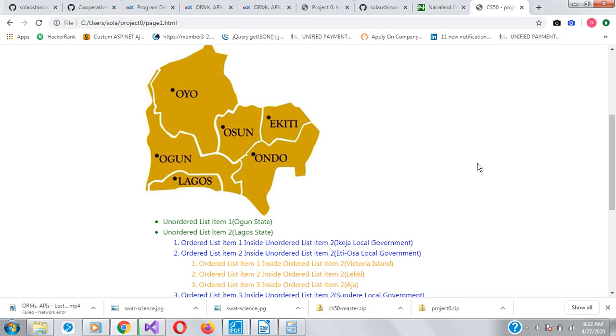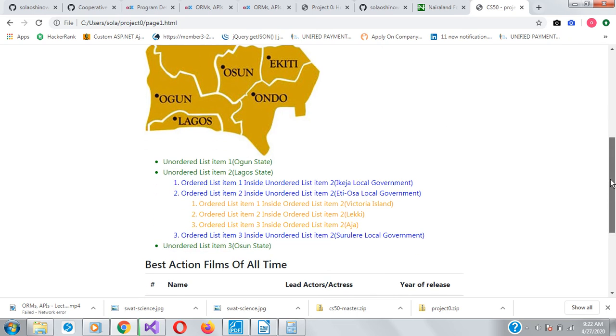Other requirements include an unordered list and an ordered list. So I included an unordered list here of some states in Nigeria. Then an ordered list of local governments in this state, Lagos State, and an ordered list of towns or areas within this local government, Etiosa local government, and another ordered list of another local government in Lagos